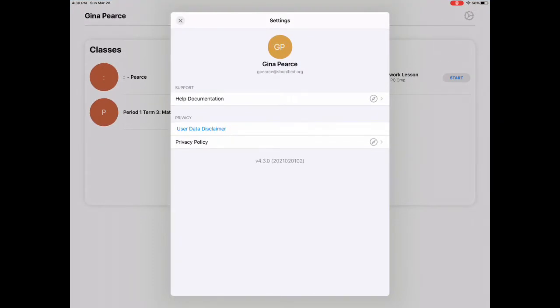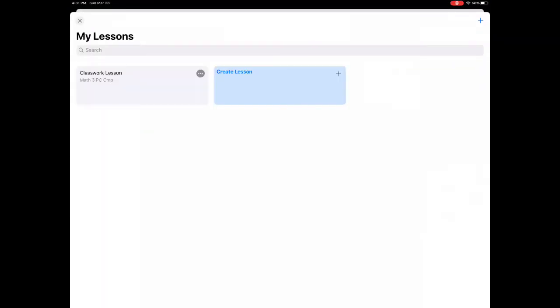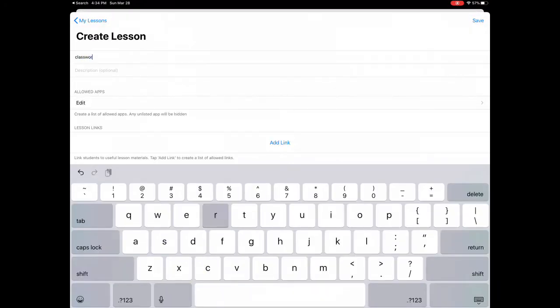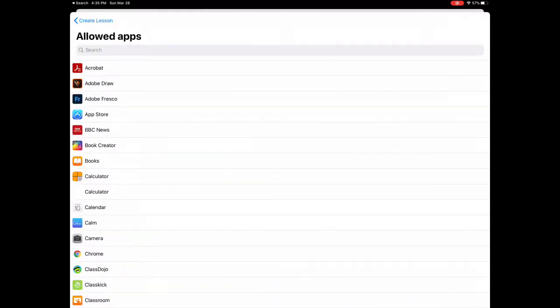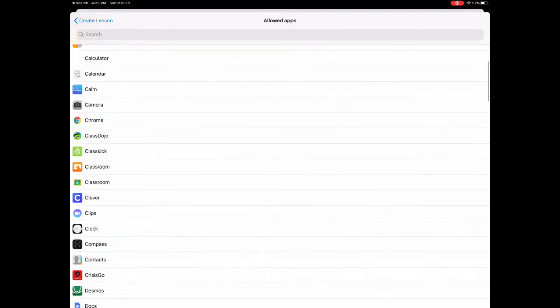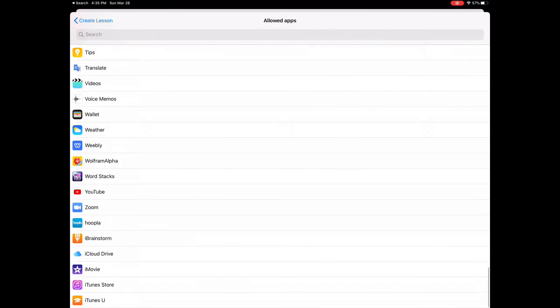To create a lesson, from the home page of the Jamf Teacher app, tap Lessons, then tap Create Lesson. First, we will need to name it and give it a description. To build the experience, you can tap Edit under Allowed Apps. We can choose which apps the students can use during the lesson. The blue check mark indicates that it is allowed. Don't forget to add the Zoom app to the allowed apps if you want to restrict the iPads of students